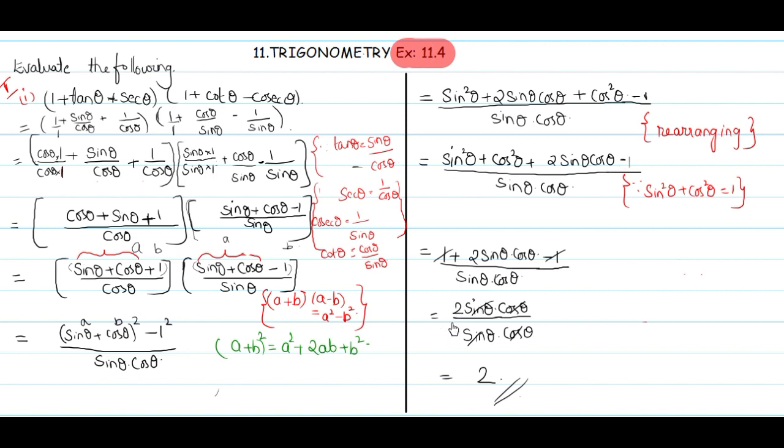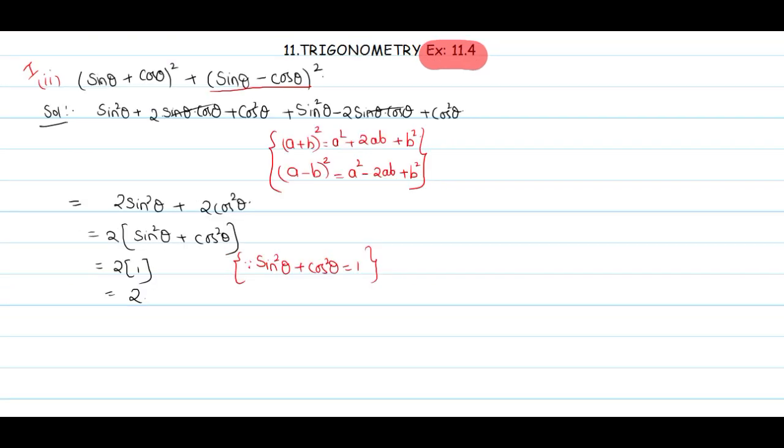We will be left with 2 sin theta cos theta upon sin theta into cos theta. Sin theta and sin theta will be cancelled and cos theta and cos theta will be cancelled, and the value left will be 2. Hence, the value of 1 plus tan theta plus cosecant theta into 1 plus cot theta minus cosecant theta is 2. Coming to the next problem,